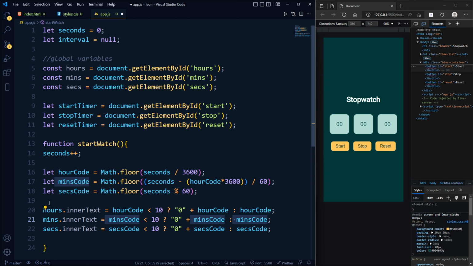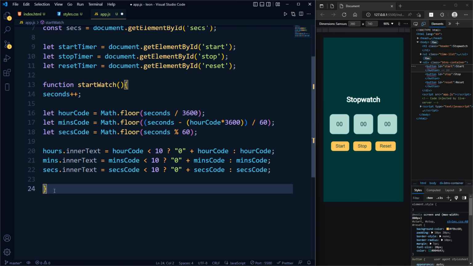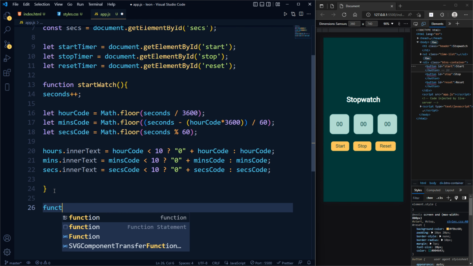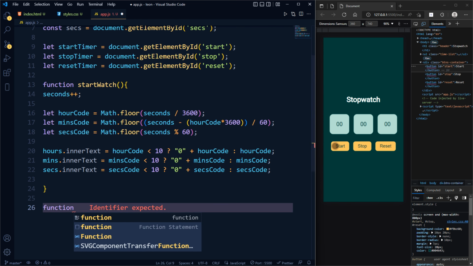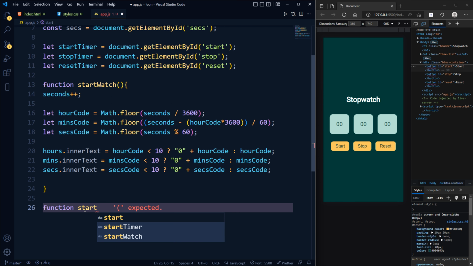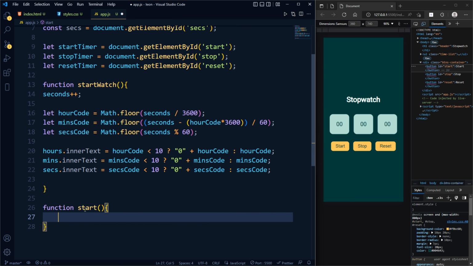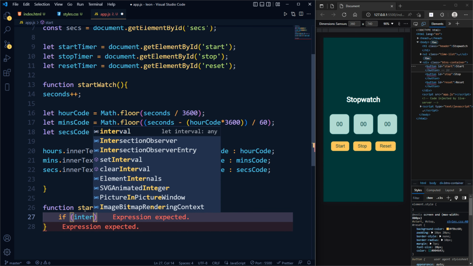So lastly, what we're going to do is create a start function, which is for the stopwatch to start calculating the seconds. So the start function is the one that will tell the computer to start counting from 1 second going up until you stop, pause, or reset. So this function, I'm going to give it the name of start. In the start function, I'm going to say if interval